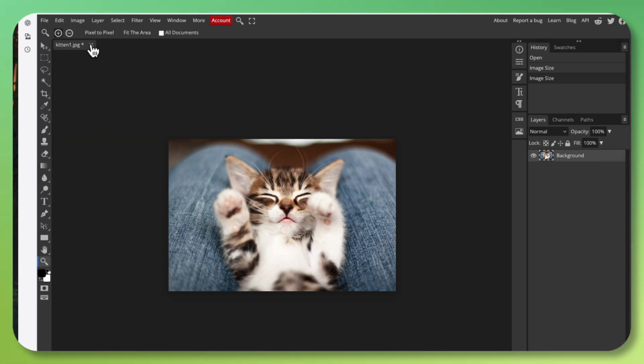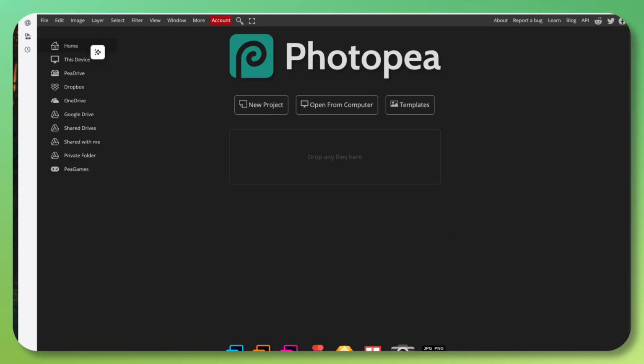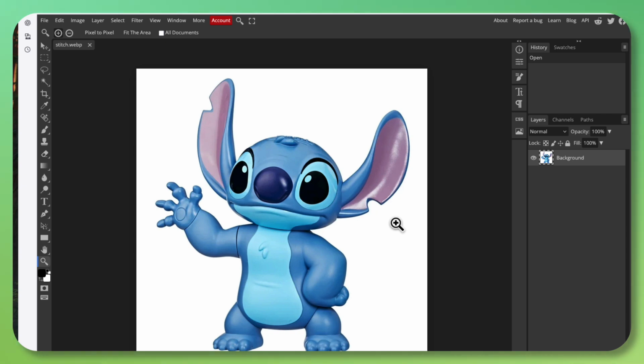All right, so I'm going to close this one out, and I have unsaved work. That's okay. I'm going to bring over the stitch image that I gave you. And this particular one is a Webby. I think that's how they pronounce it. The idea behind this particular file format is that it's one of the newest formats, and one of the formats that is most efficient when it comes to what they call compressing the file or saving the file. And all we really care about right now is that it is a format that we can use, and it